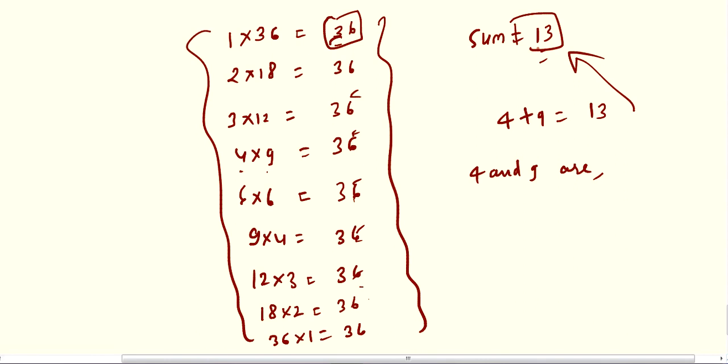The next question you have to solve, question number 5. Then question number 6, write two numbers which differ by 3 whose product is 54. In question number 6, it is given that differ by 3, which means we have to find the numbers whose product is 54, and if we subtract those two numbers we will get 3. So 54, as you know, 1 into 54 equals 54. Then 2 into 27 equals 54. Then 3 into 18 equals 54.